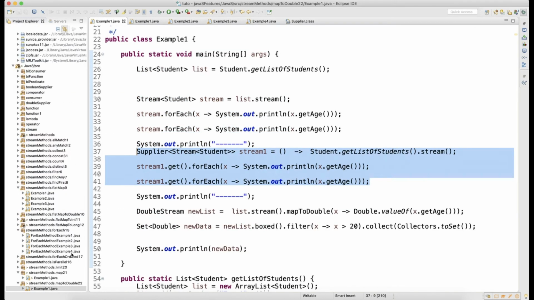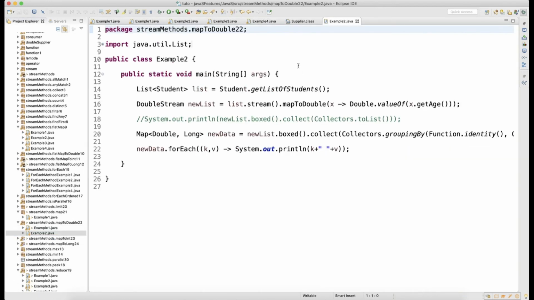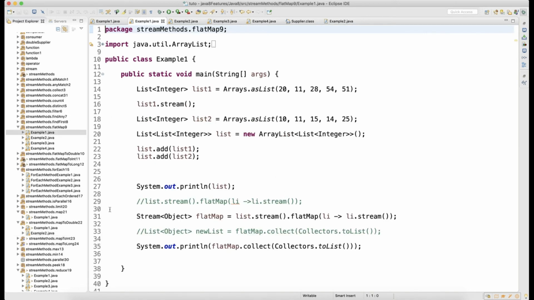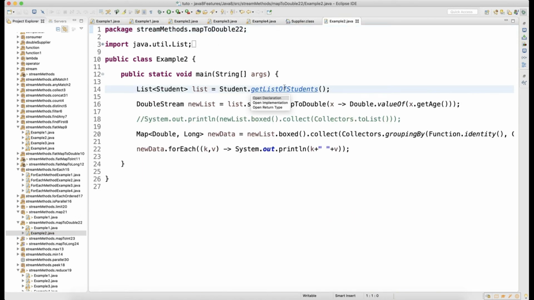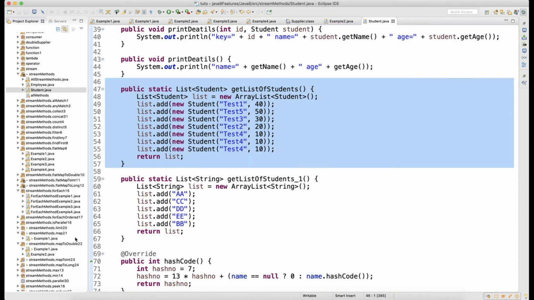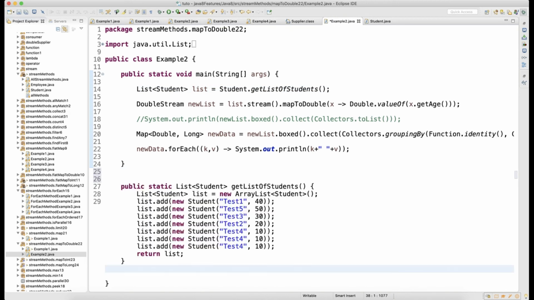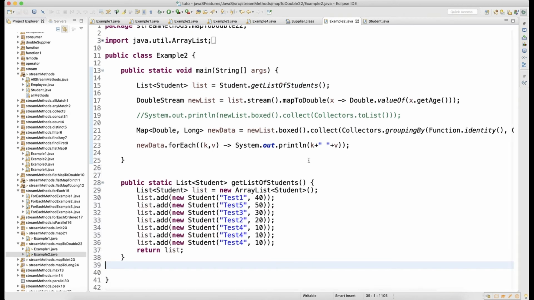Clear? Now let's go with the second example, mapToDouble. So here it's again a list of students. Preferably I will copy the method here itself, so that you will not have any issue. Let me copy this method. Since this class is available in this project itself, I can copy like this.